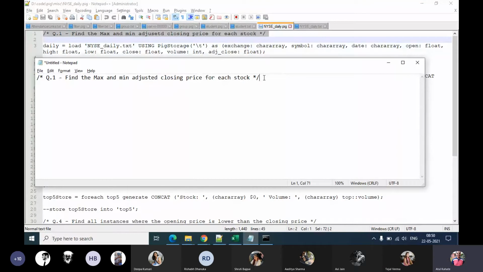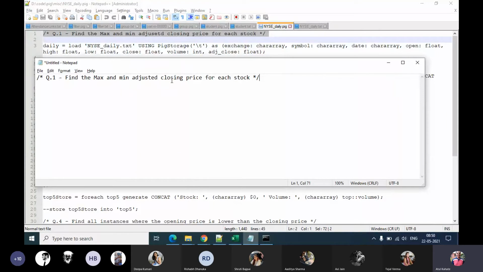So naturally, we will first do a grouping on the basis of the stock name, which means this symbol, because symbol is nothing but the stock. For example, for Infosys, the symbol is INFY, as we know. Tata Consultancy Services symbol is TCS. The symbol is nothing but the symbol of the stock on the stock exchange. So for each such symbol, we want to find the maximum and minimum closing price.